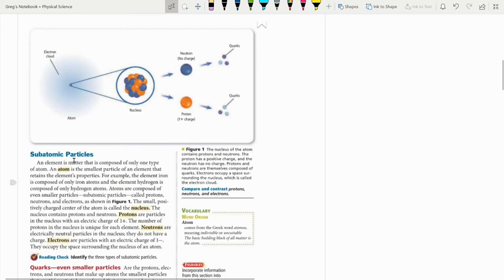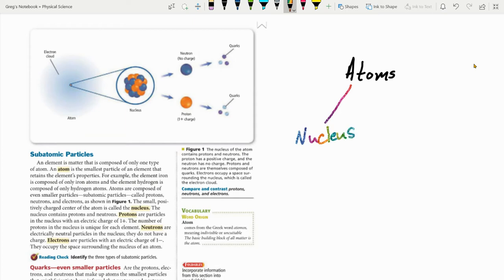At least that's what we used to think. Now we have subatomic particles. So we have atoms, and I'm going to write this down. Atoms. And all atoms have a nucleus. Okay. And in that nucleus,